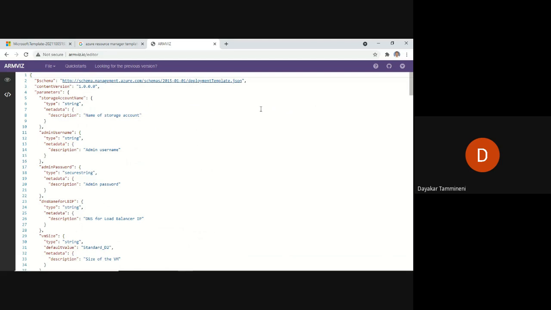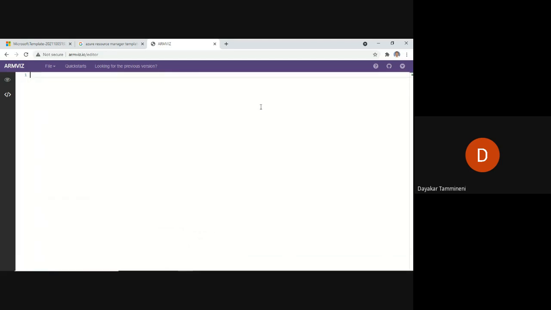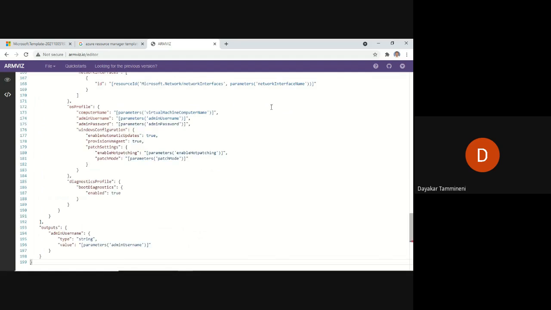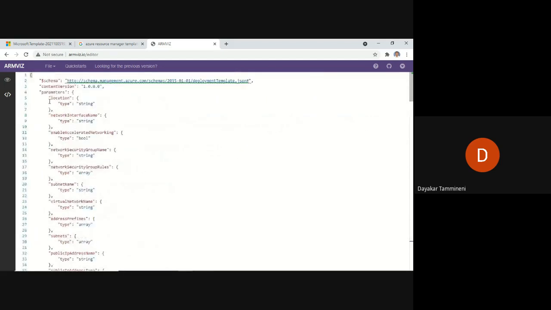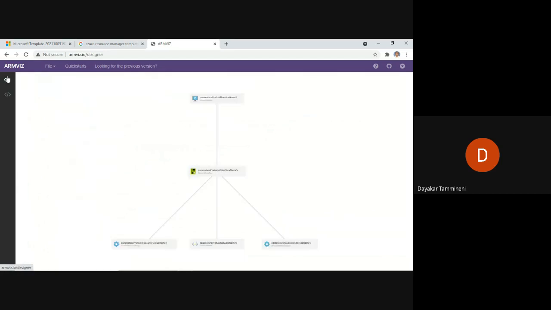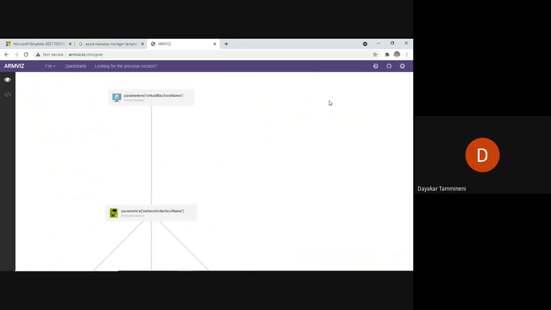Now what I'm going to do is remove this already existing code and give my template.json file, so that we can see how the UML-like structure will be shown. Now here you can see the UML-like structure.